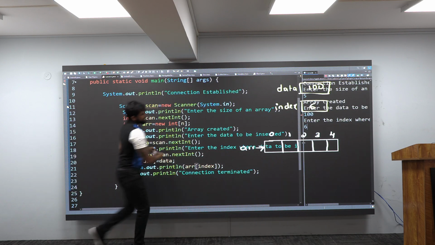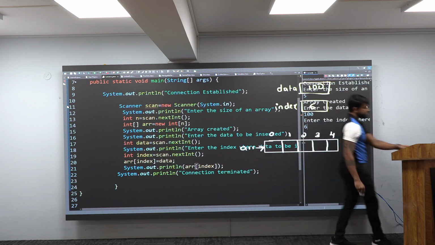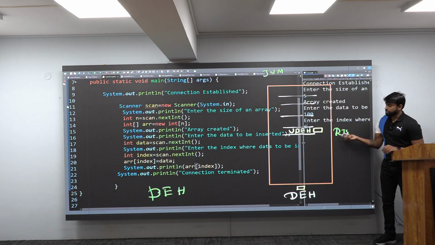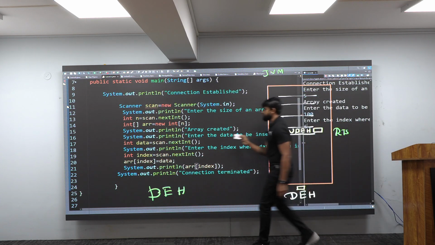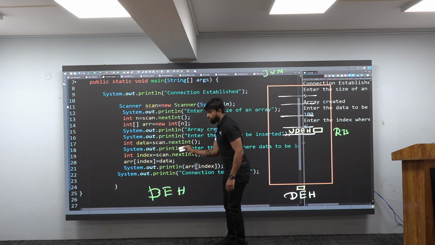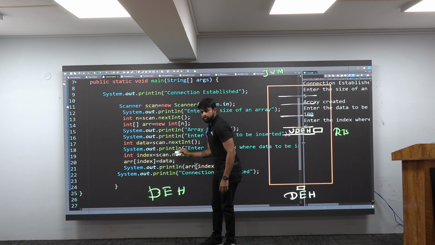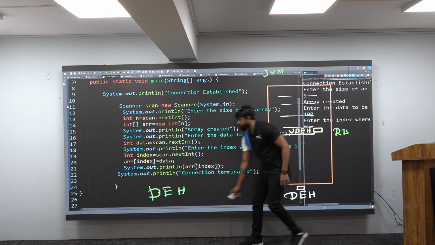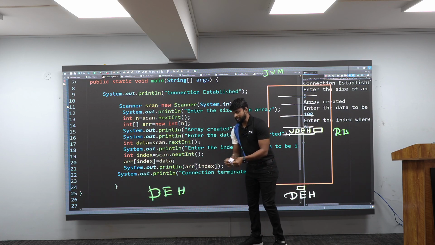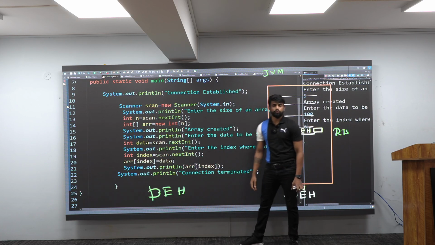And this object immediately will go. Where will it go? To the runtime system. This runtime system will go and check for UDH. Do you have UDH? No. No means where will it go? Very good. Again it will come back and go to whom? The default exception handler. When it reads it, that is when I will get some output there.